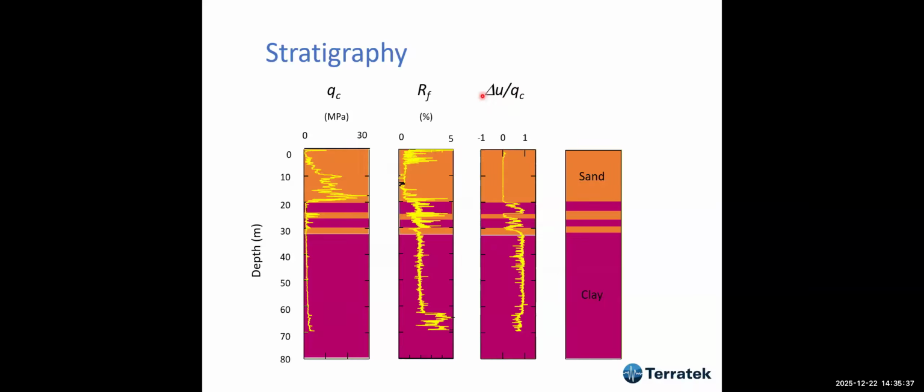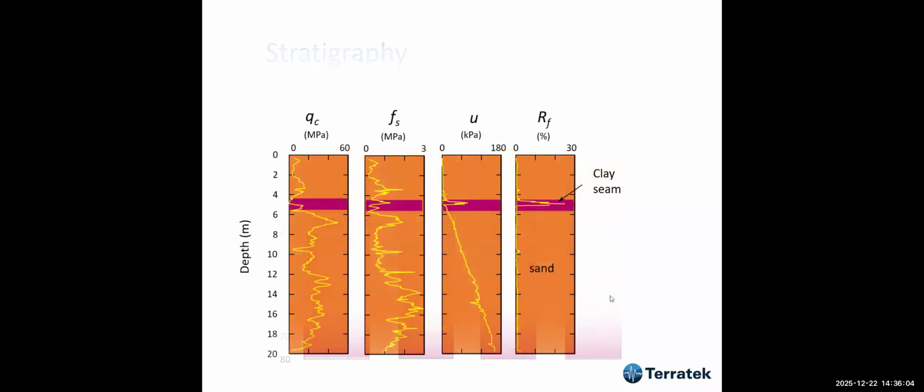These are the ratio, pore pressure increment divided by QC. In those days, we still didn't use QT all the time. So we had a soft layer here. Here we have some sand seams. Okay. Here another clay seam, and then soft clay from Vancouver. And also here we can see the existence of a clay seam very well.